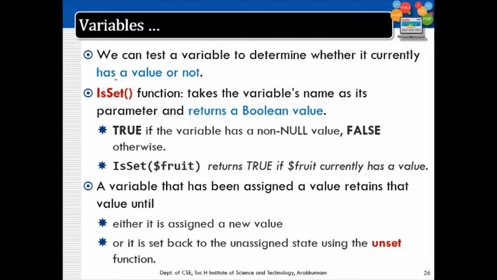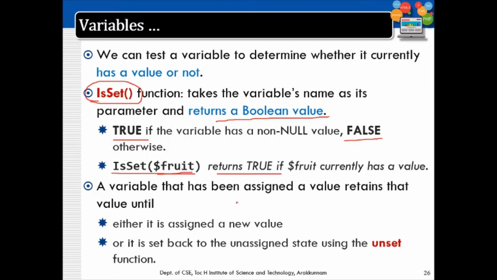We can test the variables using the isset function to check whether it has a value or not, and isset will return a boolean value. Here I have written I capital and S small, but we can write all as small letters. We already learned that inbuilt functions in PHP are case insensitive. If the variable has a value, it will return true, and if it does not have a value, it will return false. For example, $fruit is one variable, isset($fruit). This is the syntax of using it. It returns true if it has a value, otherwise false.